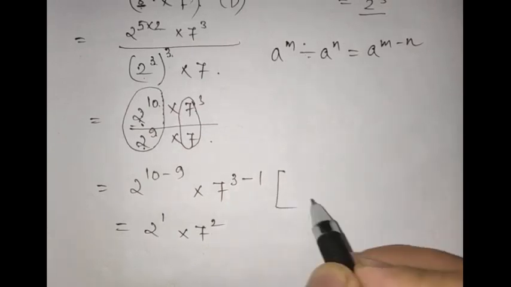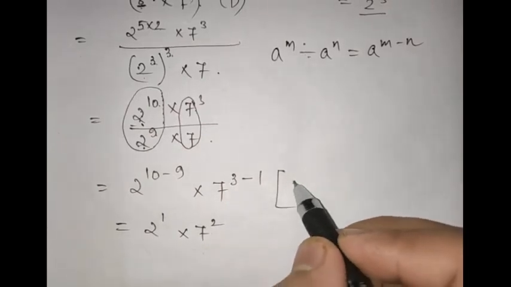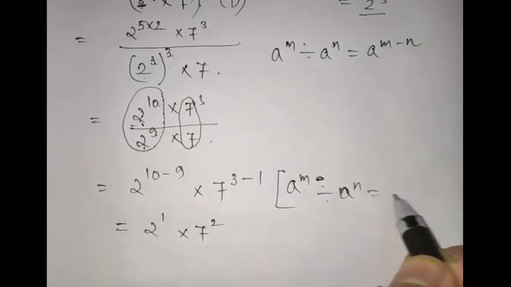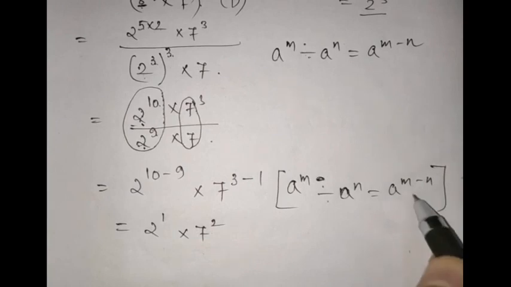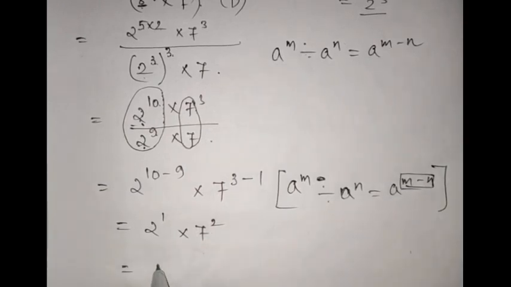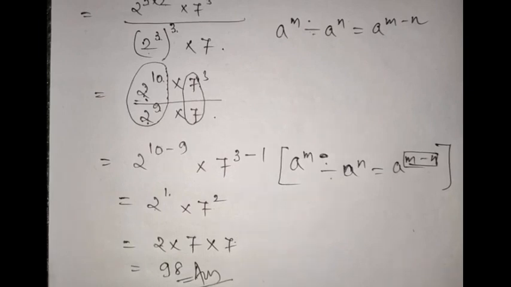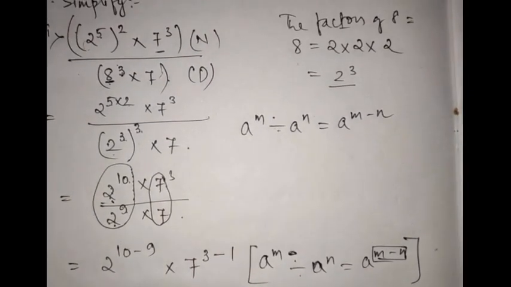So what we have done here is we have applied the rule of division. When the same base is there and if the division sign is there, then your exponent will be subtracted. Alright, so now if you have to simplify this, what are you going to write? 2 to the power 1 means 2. 7 square means 7 into 7. If you multiply this, what are you going to get? 7 7s are 49. 49 into 2 is 98. So this is your simplified answer, 98. Alright, I hope you have understood how to do this, right?